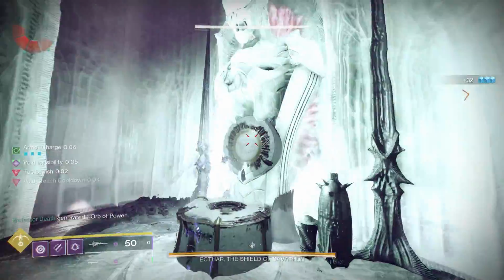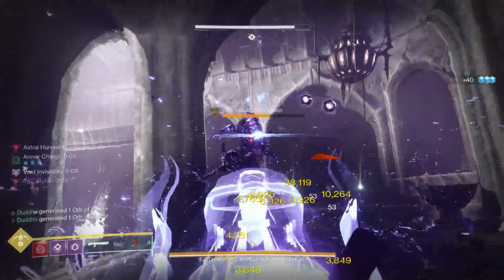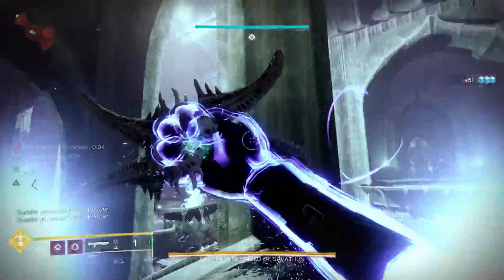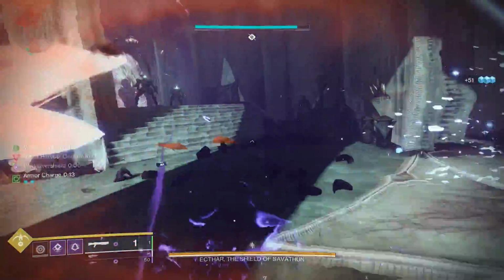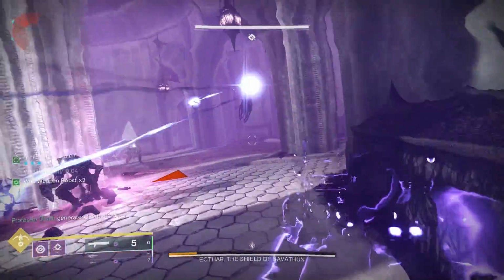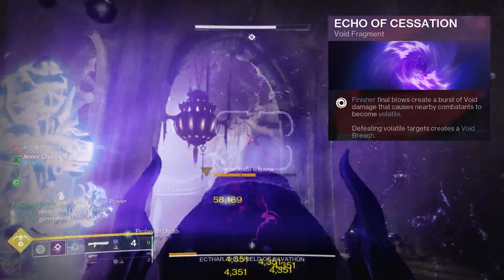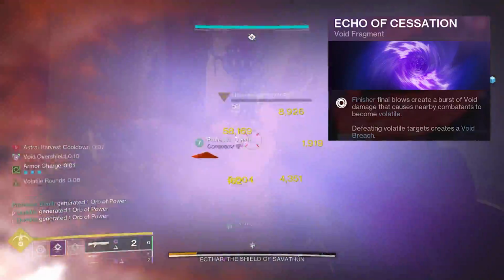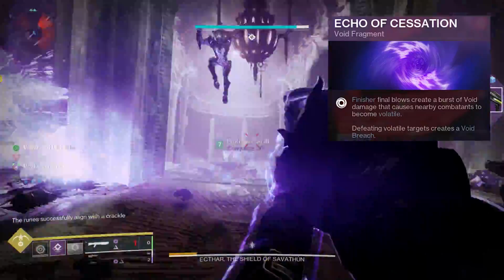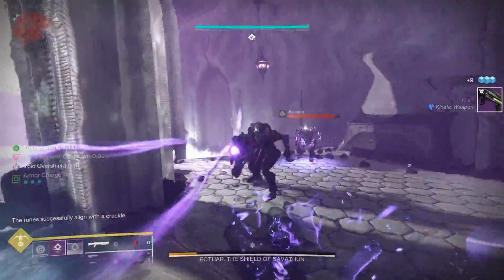Now we're just going to show you some more clips on how easy certain things are with this build. I just throw my grenade down there. You can use any grenade. I like to stick to suppressor grenade, but that's going to weaken and again proc that Stylish Executioner for your invisibility. And then you're going to come out of there and you're going to have volatile rounds from your Gyrfalcons. Echo of Cessation is a really good fragment to run, because every time you finish something you're going to do a burst of volatile like that, so you're invisible and you're just going to push enemies away and spread that